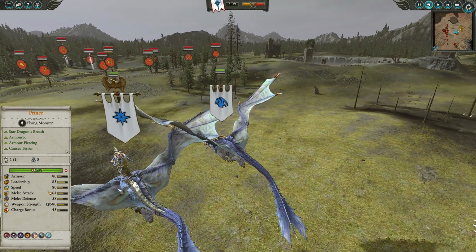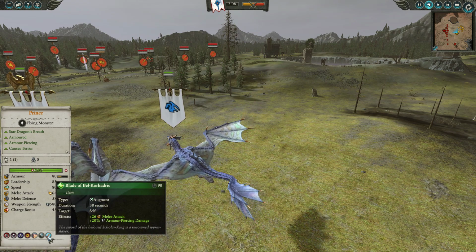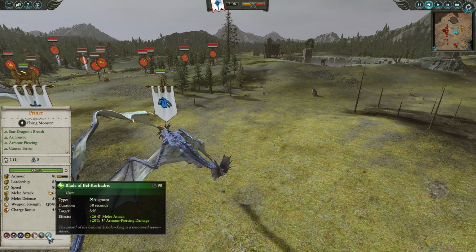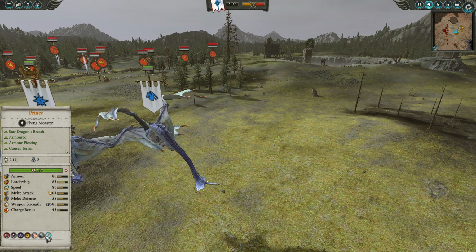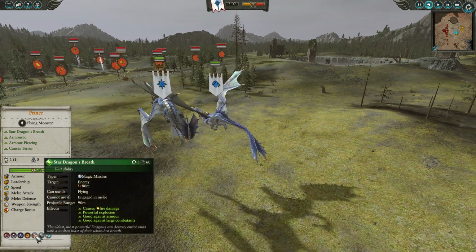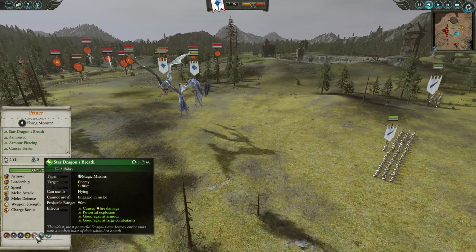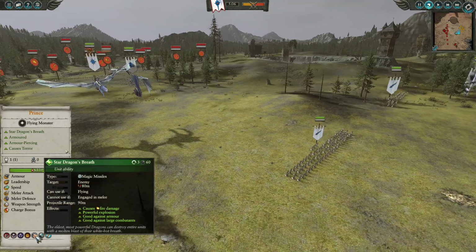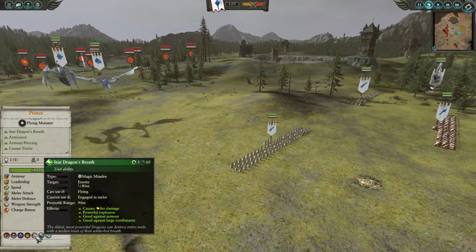For my lord, I decided to bring a Prince on the Star Dragon, of course. You can see he does have the Blade of Belcorhadris, a great little melee attack and armor-piercing damage buff, a self buff. It's pretty powerful, and I think it's pretty useful when you put him on a Star Dragon. He does have Stand Your Ground, of course, which is a good defense buff. And then Star Dragon Breath, which is pretty potent and can do a lot of damage. If my opponent, for example, brought Temple Guards or some of the higher end infantry like that, I could definitely melt them down with raw